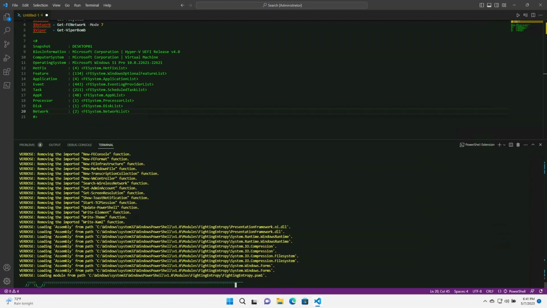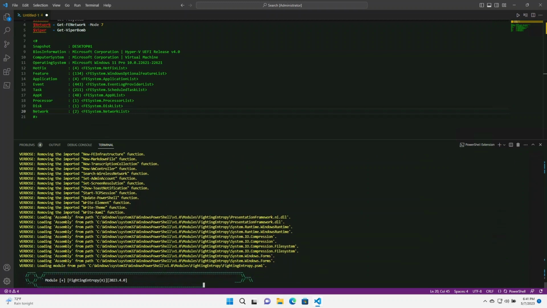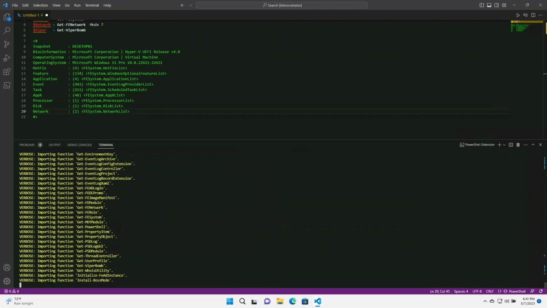As you can see, I'm pulling a bunch of things from the assembly in order for the presentation framework to work and all of that. And then module.manifest dot output